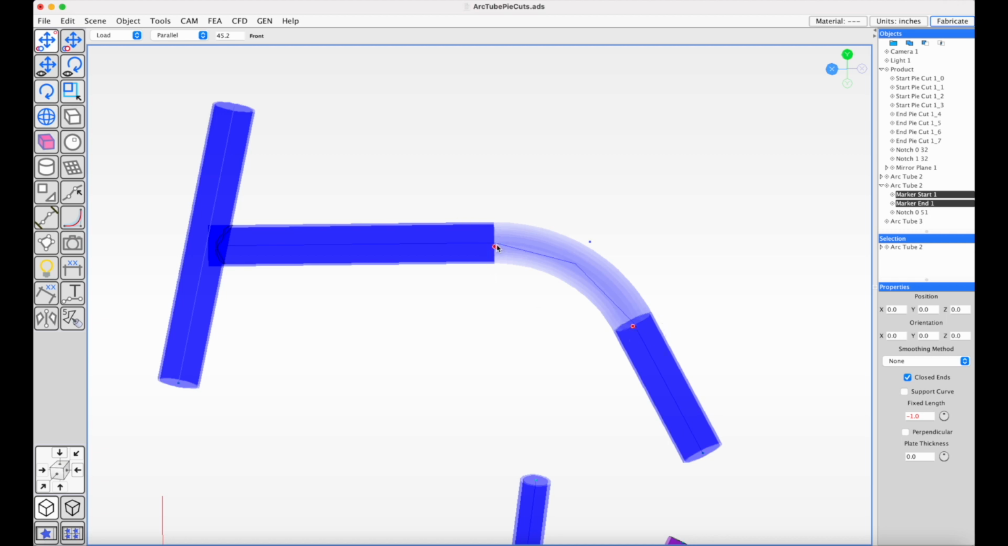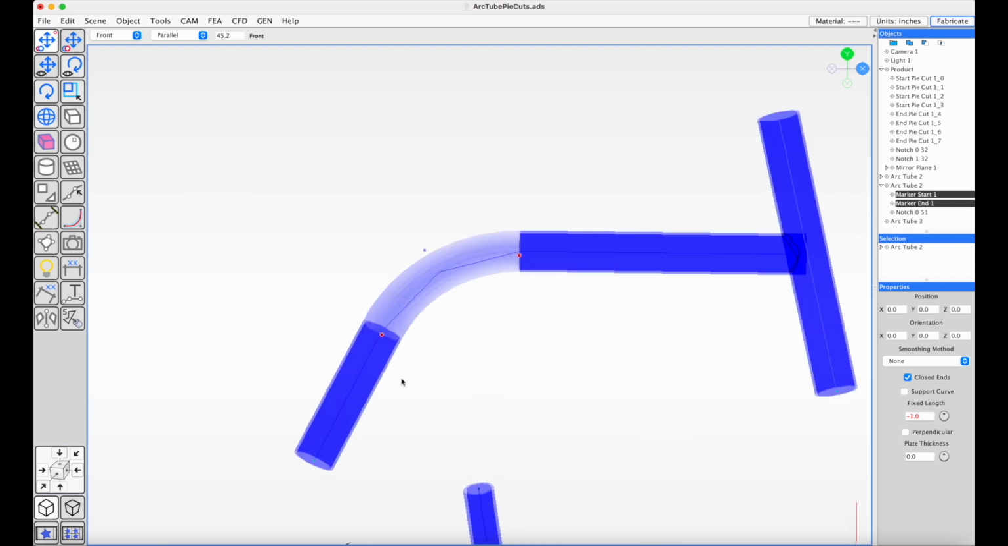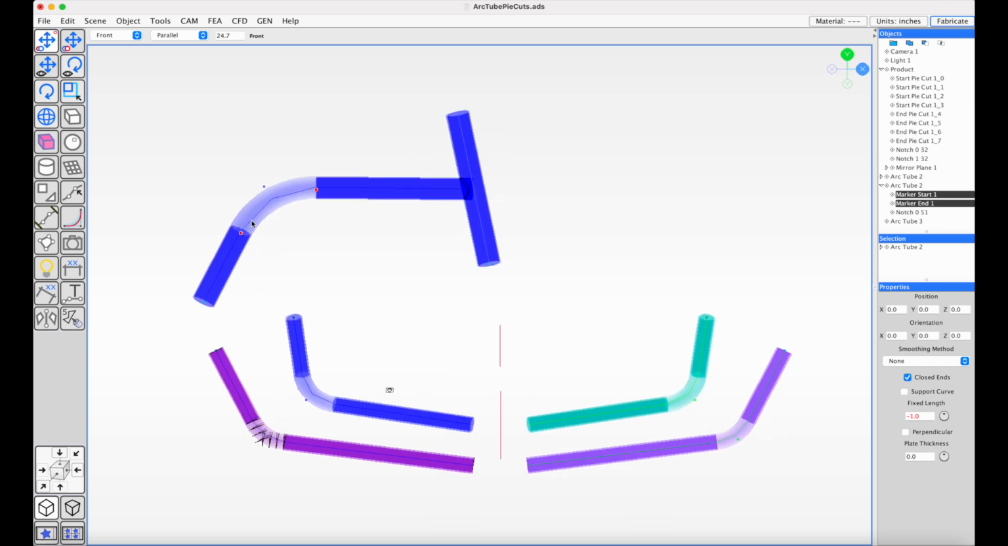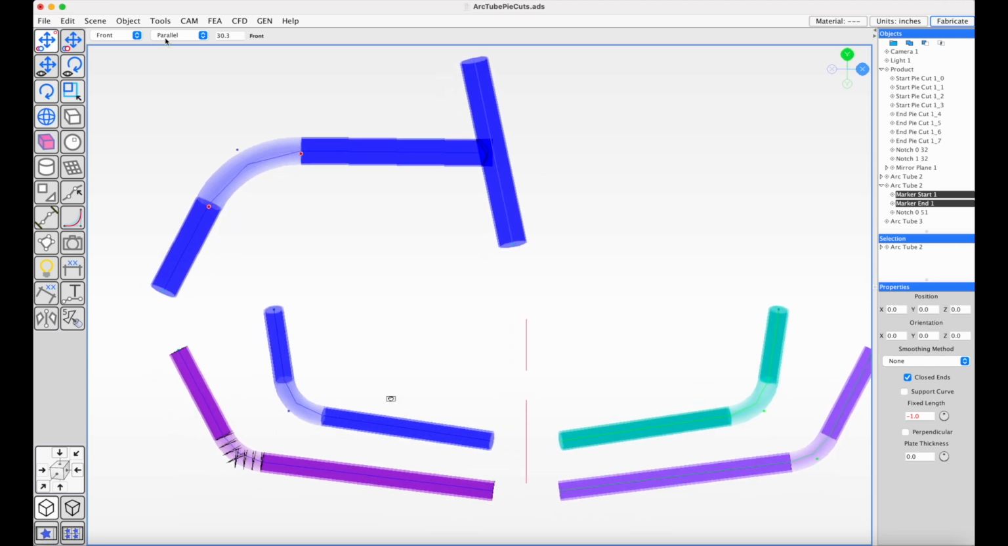So if you were to cut this part, this profile might be a minuscule amount different, but this point and this point is what you will get in physical material. What you draw is what you get. We've had good luck with bending so far. I'll just show you